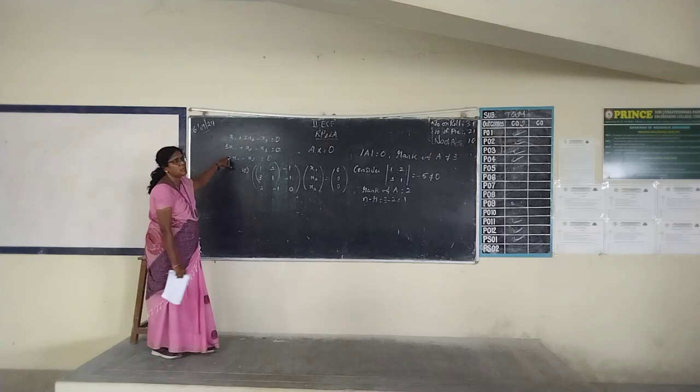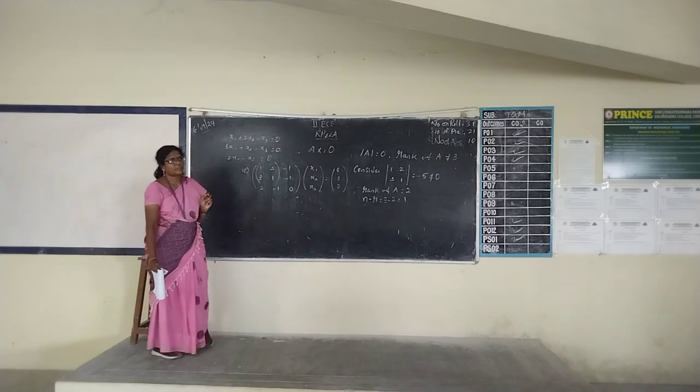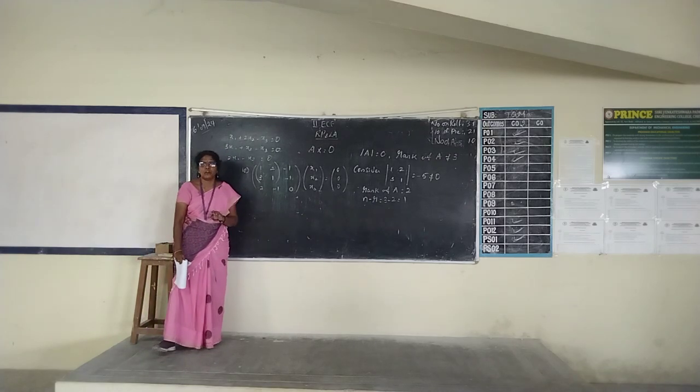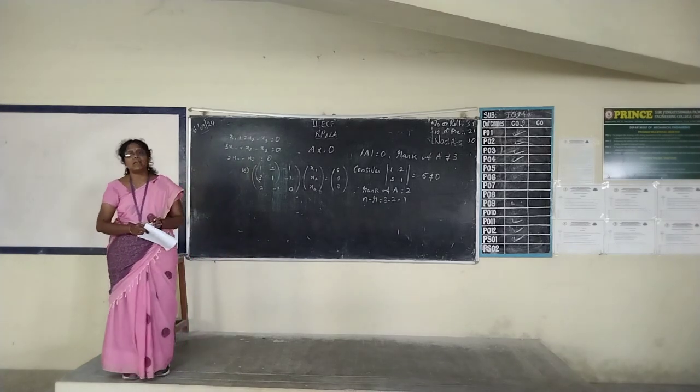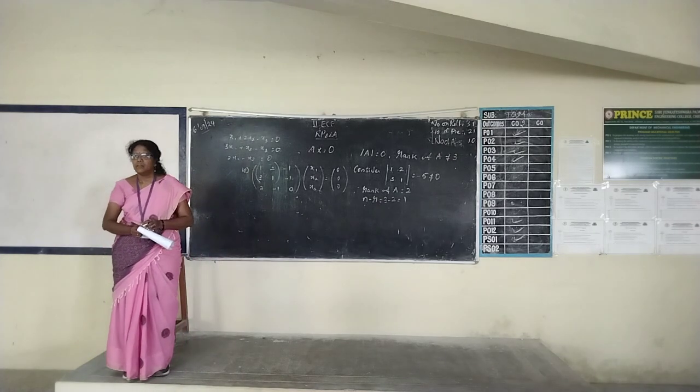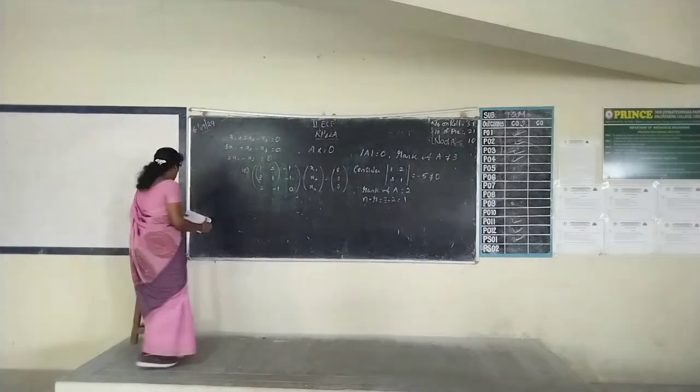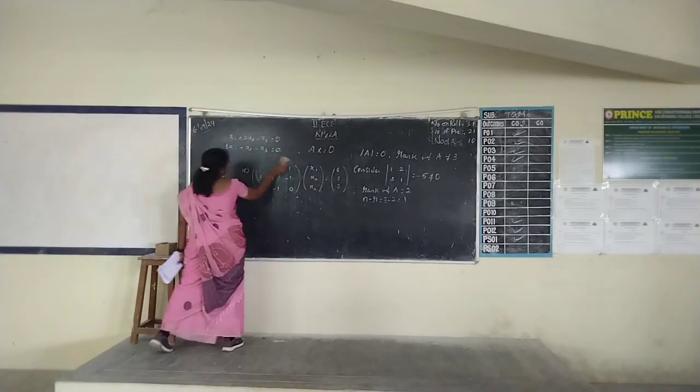We have 3 equations now. How will you solve? You have to find x1, x2, x3. What is the easiest way? Famous rule. Consider any 2 equations. We consider the first as a